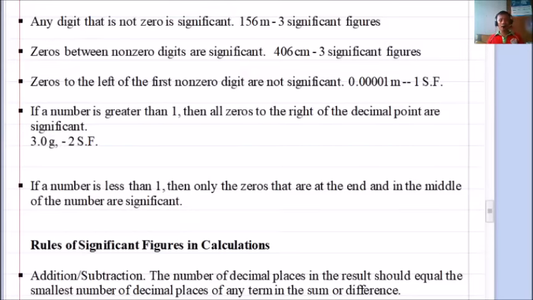And then, if the number is less than 10, then the only zeros that are at the end and in the middle of the number are significant. So, medyo nakaka-confuse, di ba? So, paano ba natin maitutuging na zero? Siyempre, kapag may zeros, applicable to pag mga decimal. Pag may zero, doon siya,